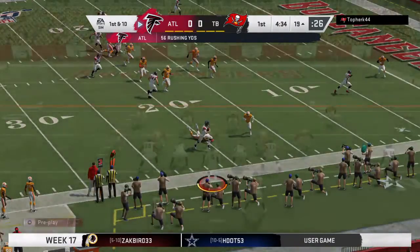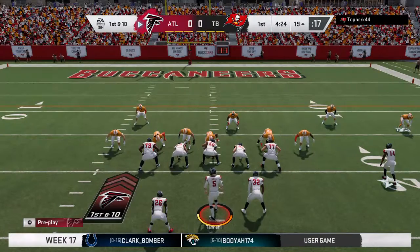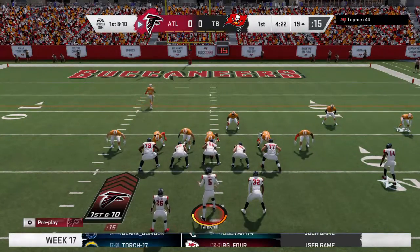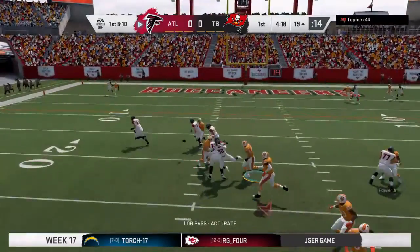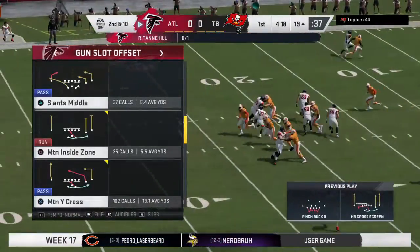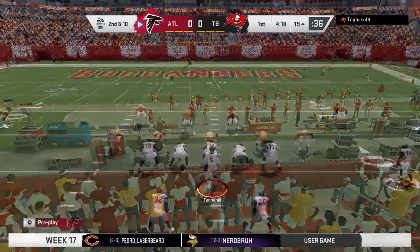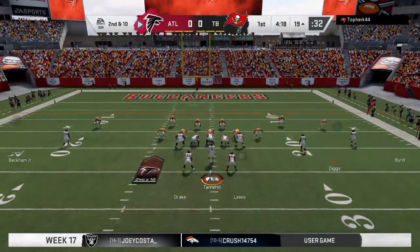Well, partner, for a few years there, we thought this read option play was going to take over the whole NFL. It seemed like everyone was using it. But it has been scaled back considerably in the last few seasons, mainly because people are worried about their quarterbacks getting hit. But when you call it at the right time and you use it properly, you see the type of gains you can get. A nice chunk of yardage there by the quarterback. So now 2nd and 10 after the